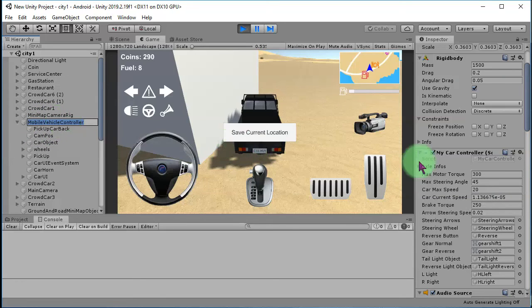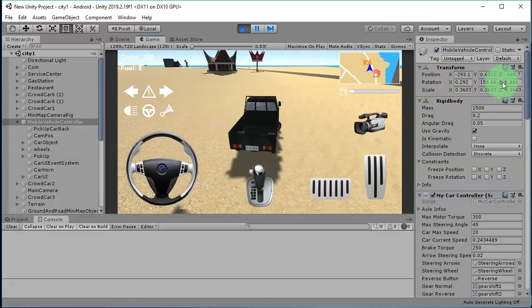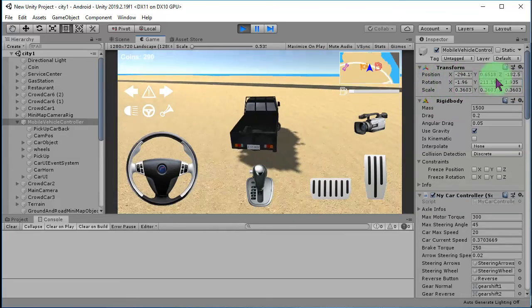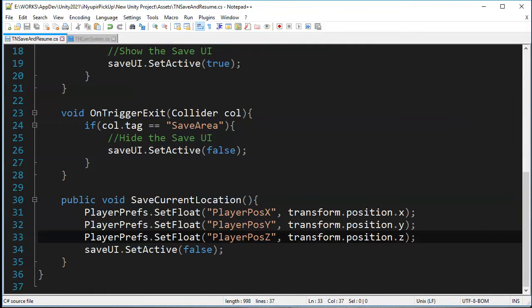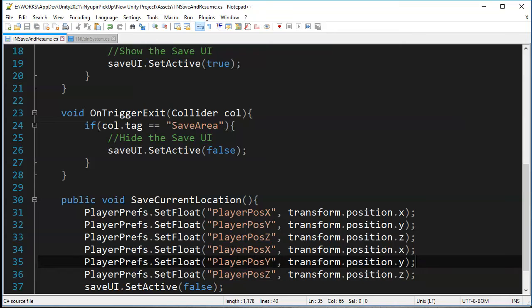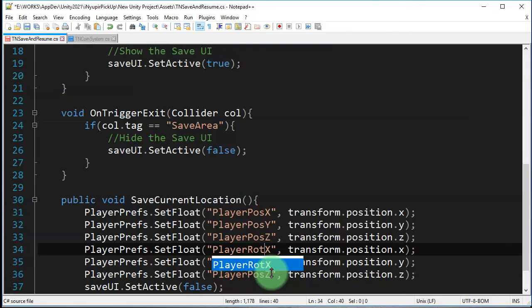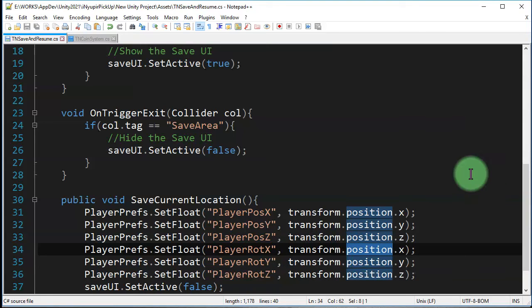While this object is selected, I check the inspector. This is the value of car rotation. This is the rotation X, Y, and Z. I need to save these values, so I will need to add another three lines of code here. So this one I will rename to player rot X, Y, and Z. And obviously what we can guess is here we can change this position to rotation,